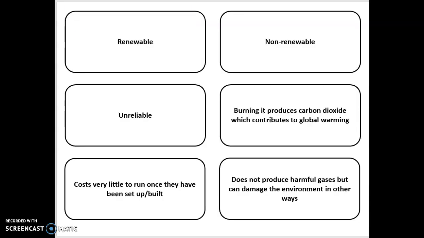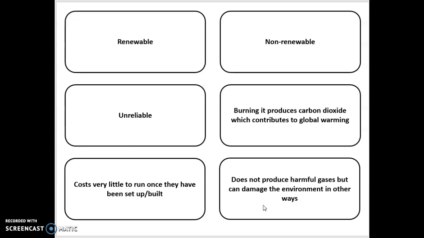And then what you're going to do is use those words and apply them to this slide here. So for example, which one of the resources that you wrote down just now could you put in this box for renewables? Which one would you put in unreliable? Which ones cost very little to run once they've been set up, built, but maybe they cost to build in the first place, etc.? So make a copy of this slide in your book, and then off you go,